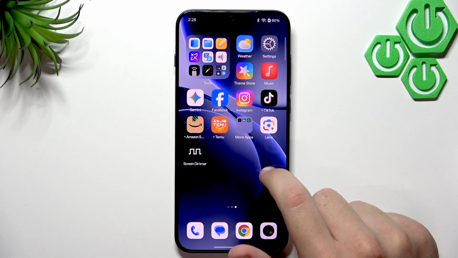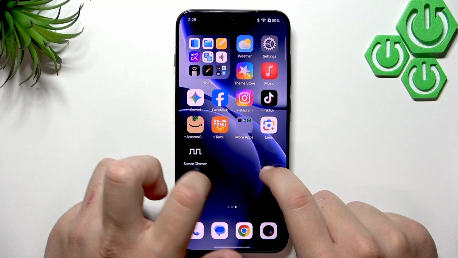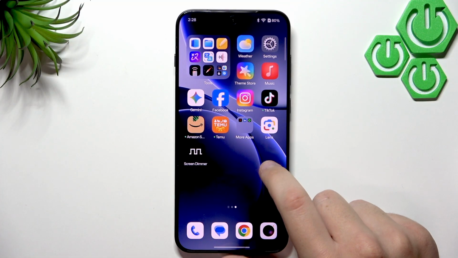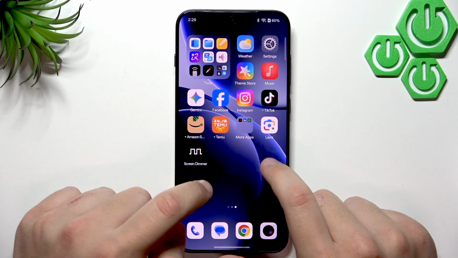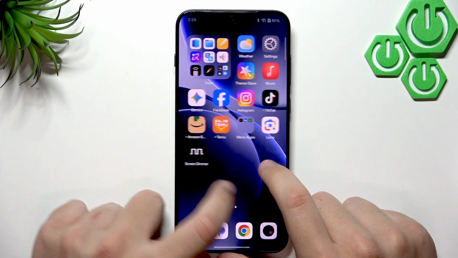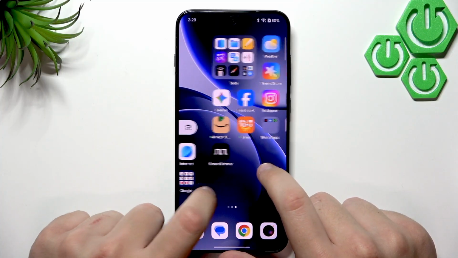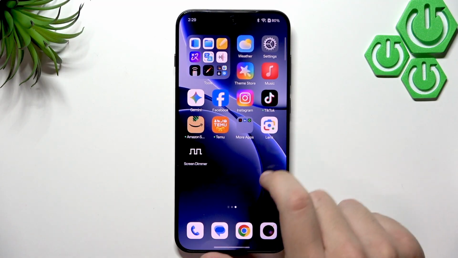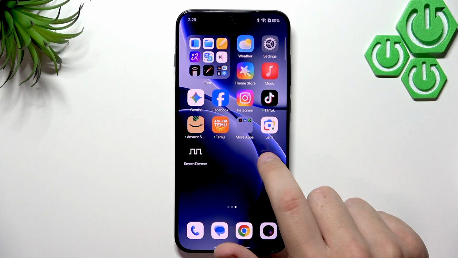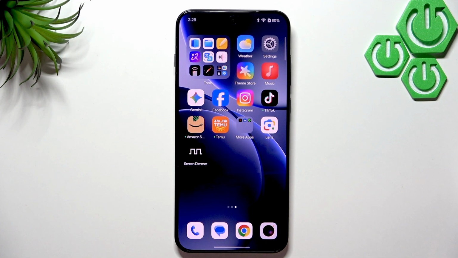So for an example, I'll place my finger right here. Now as you guys can see, I cannot do anything with the other one. So imagine if we put a little bit of pressure, and as you guys can see, we will sometimes be able to do something with the device, but not exactly. So this is what your case can do whenever it's putting pressure on or covering a tiny part